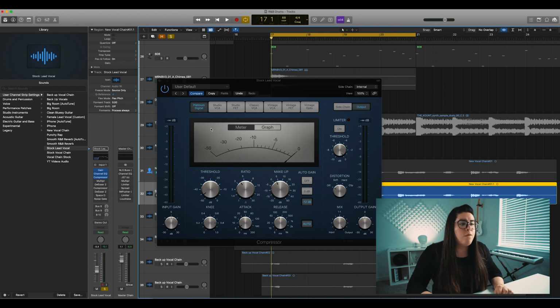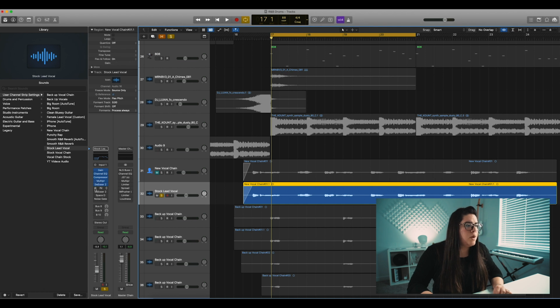So now that I have my first compressor set up and ready to go, when I add my next compressors, like let me go halfway through my chain here, they're not working nearly as hard to get it to sound crisp and clear. Now if I add all of my compressors and my bus effects,